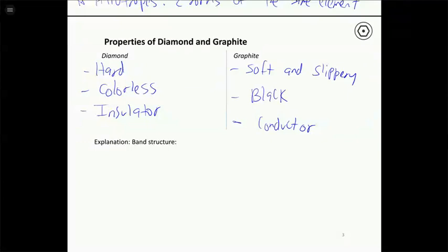So if we want to explain these differences, we're going to introduce what's called band structure. So this is going to tell us an idea of how the bonding works in these extended solids. So we talked in chapter 4 about molecular orbital theory, which is if you take 2 atoms together, you form bonding molecular orbitals and anti-bonding molecular orbitals. Well, what happens if we bring thousands of atoms together and make these extended structures like diamond and graphite? How does that work? So when you have extended structures, you still get bonding molecular orbitals and anti-bonding molecular orbitals, but you have a lot of them because you have a lot of atoms that you're combining together.